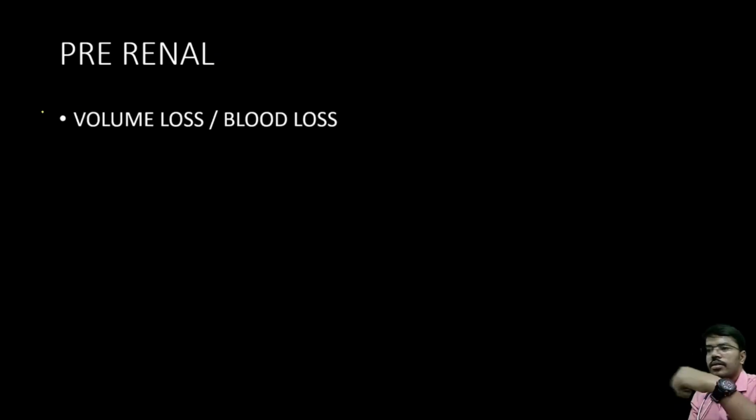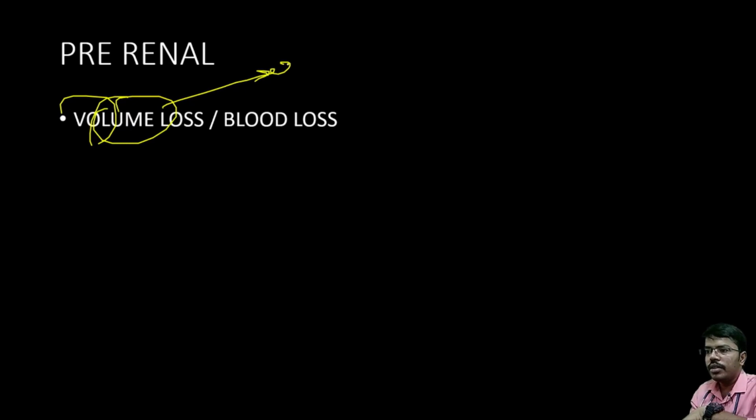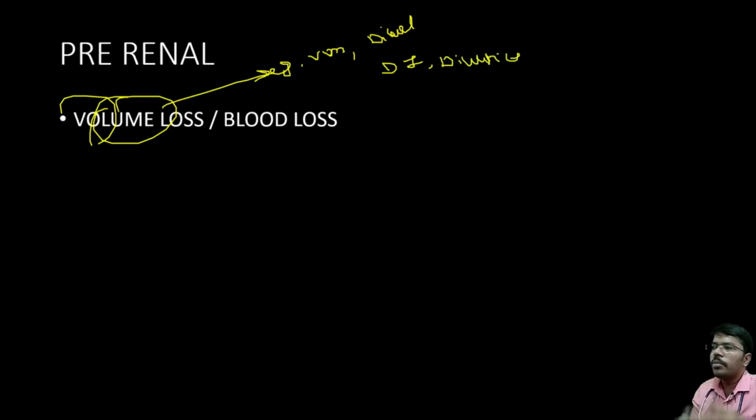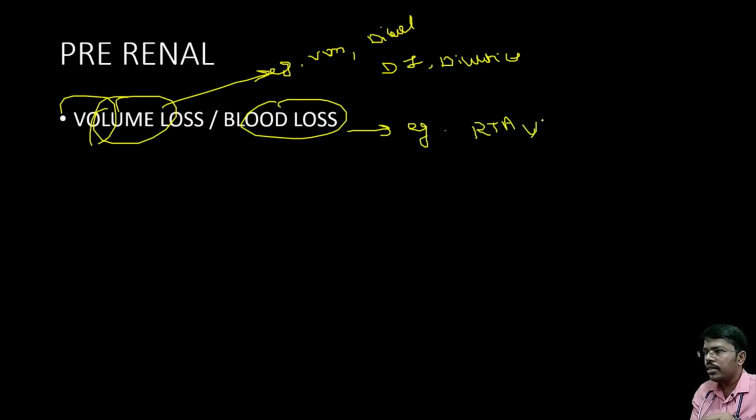First, we will see the pre-renal. Pre-renal causes can be secondary to volume loss. Volume loss can occur because of severe vomiting, diarrhea, diabetes insipidus, inadvertent use of diuretics in a volume depleted patient, blood loss secondary to road traffic accident, upper GI bleed, lower GI bleed, third space loss in the form of pancreatitis, burns,